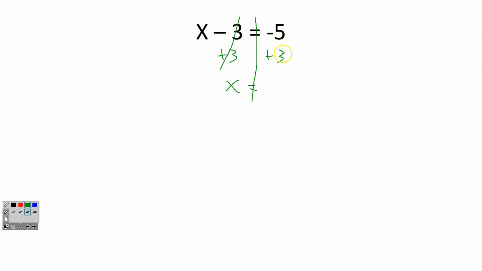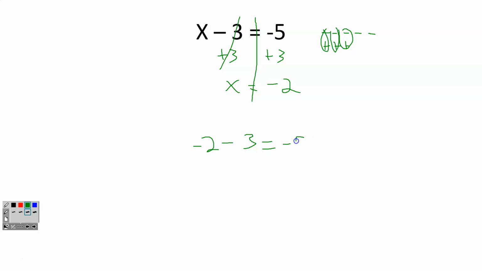So if I have 5 negatives and 3 positives, 1, 2, 3, 4, 5, 1, 2, 3. That would give me 2 negatives left over, so my answer would be x equals a negative 2. If I want to plug it in to check my work, that would give me negative 2, which is what my answer was instead of x, minus 3